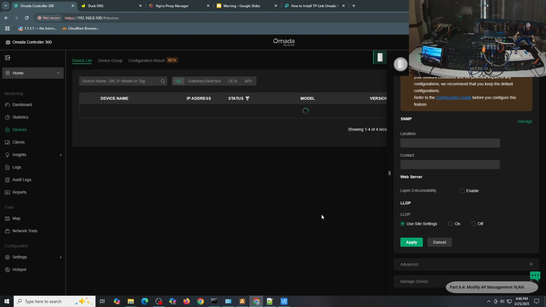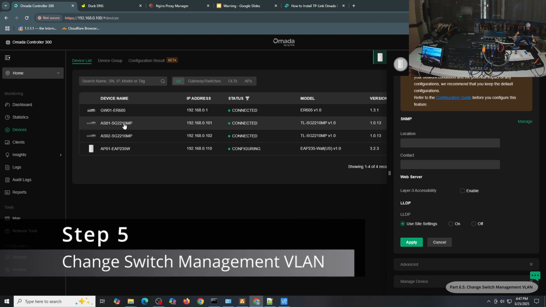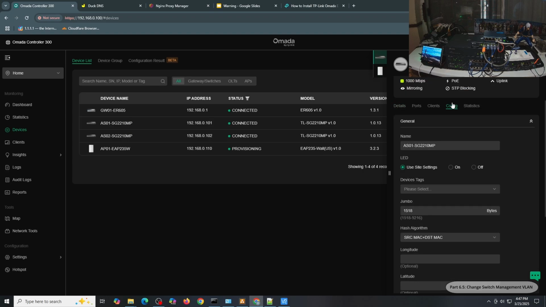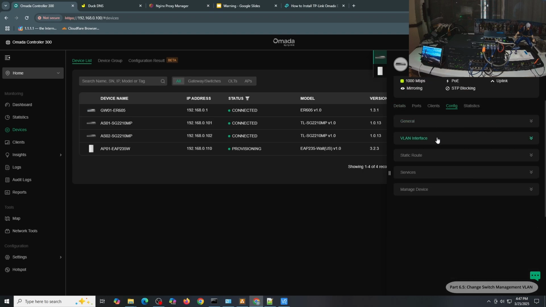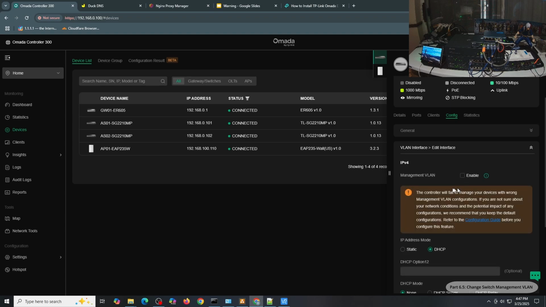Now I'm going to move on to the switch. I'll click one of the switches here, which is AS01-SG2210FP. I'll click config, and I'll click VLAN interface, and you can see the management VLAN in here. All I have to do is click edit, and then you can see here the management VLAN. I need to click enable here.